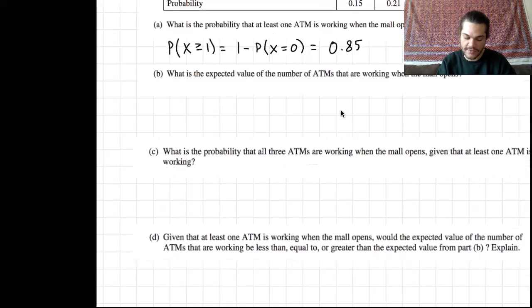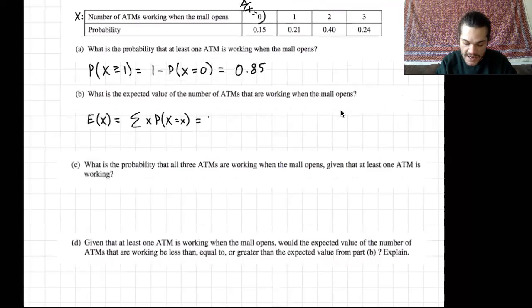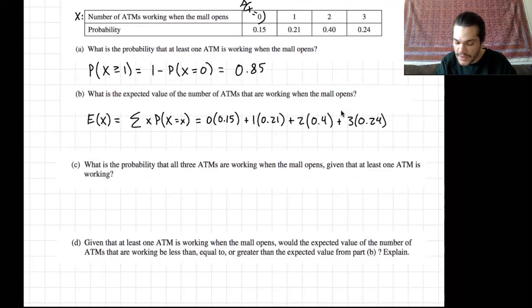That's what the expected value is: we're going to take all of the x values, multiply by their probabilities, and then add it up. So we want 0 times 0.15, 1 times 0.21, 2 times 0.4, and 3 times 0.24. And that all adds up to